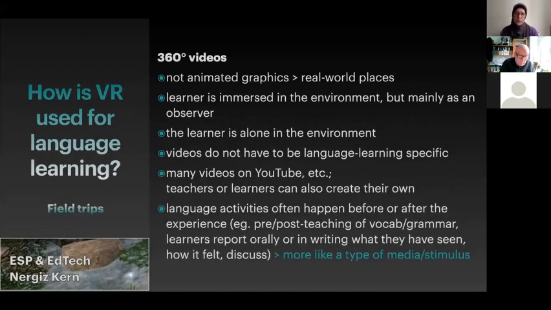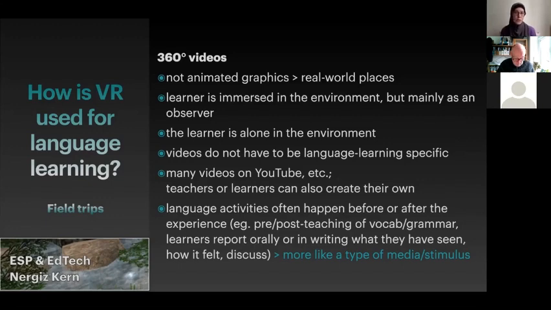Now, I want to move on into how we can use VR for language learning. And one of the main activity types are field trips. And for field trips, you can use these different types of VR in 360 videos. Again, these are not animated.